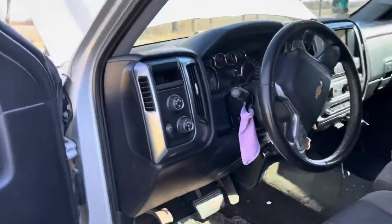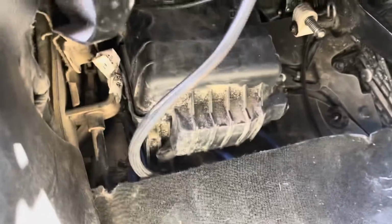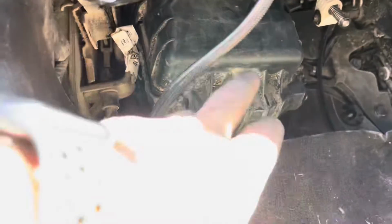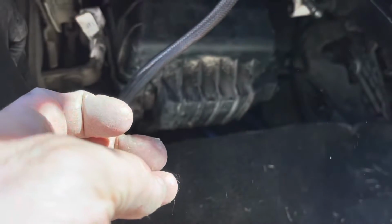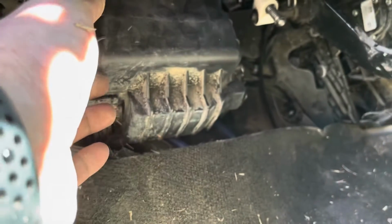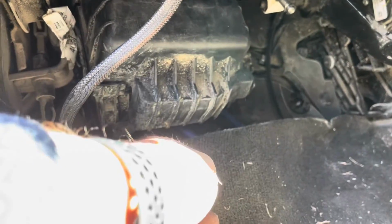Okay, so when you're doing this, if you follow what we did, you are going to have to pull this black box off as much as possible. Basically pull the 3 bolts out, slide it back as much as you can. So we pulled this thing back as much as possible, kind of pulled it over here. You can easily access the bottom. And then once you access that,